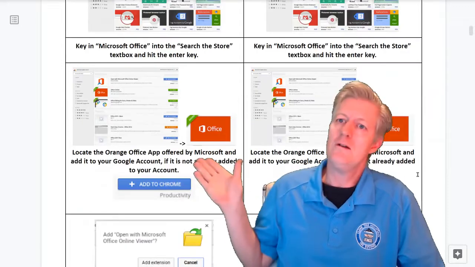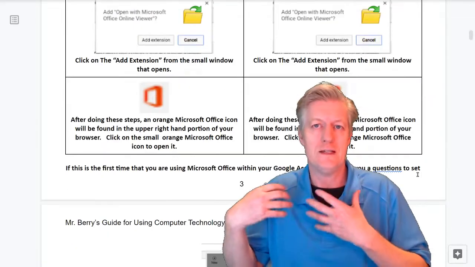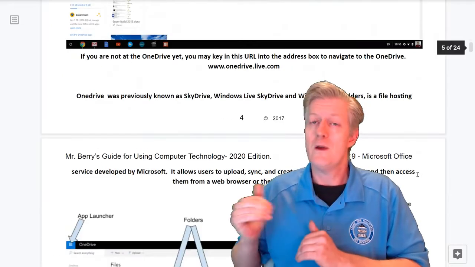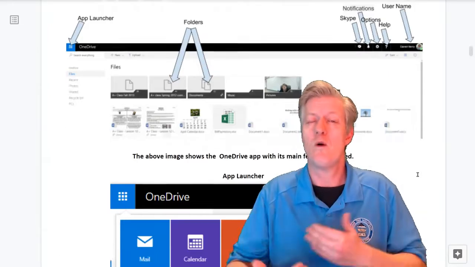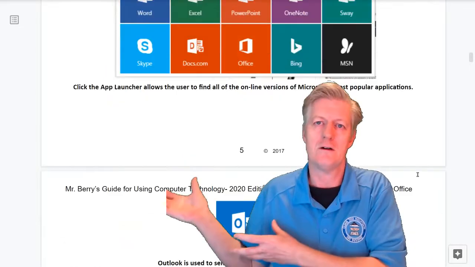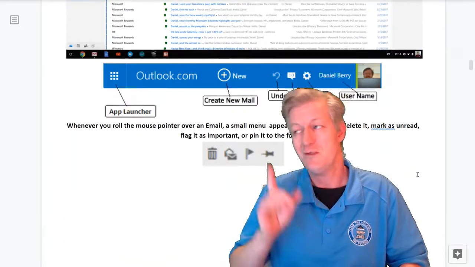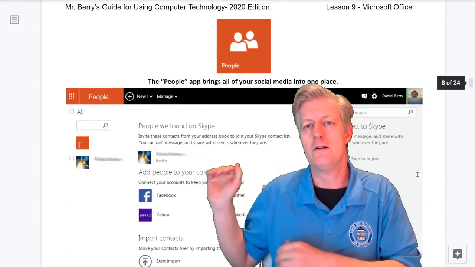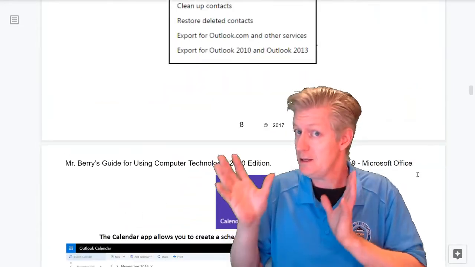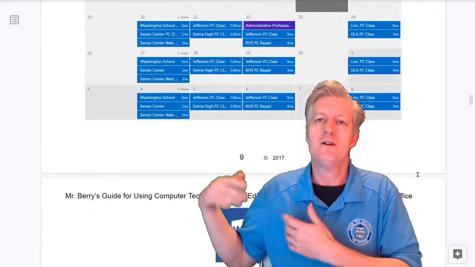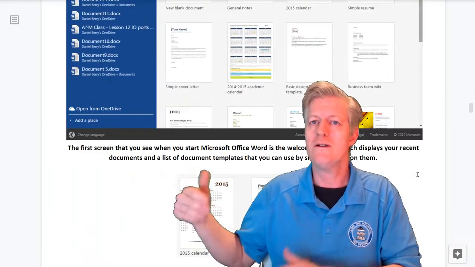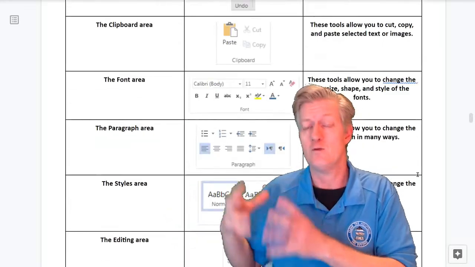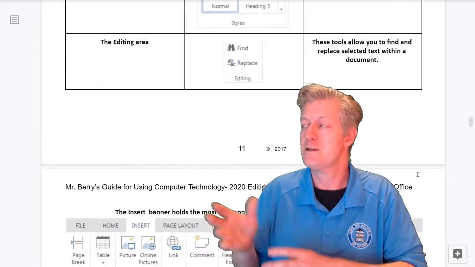right onto your Google account so that you'll be able to use it right on your Chromebook. And here in this lesson, we're going over the different tools that are found in Microsoft Office. One of the things that's really required to use Microsoft Office online is to have a Microsoft account. The good thing is Microsoft accounts are free. So I go in, I show you how to set up the account. Again, it's free. And then I show you how to go into the App Store and actually find the Microsoft OneDrive